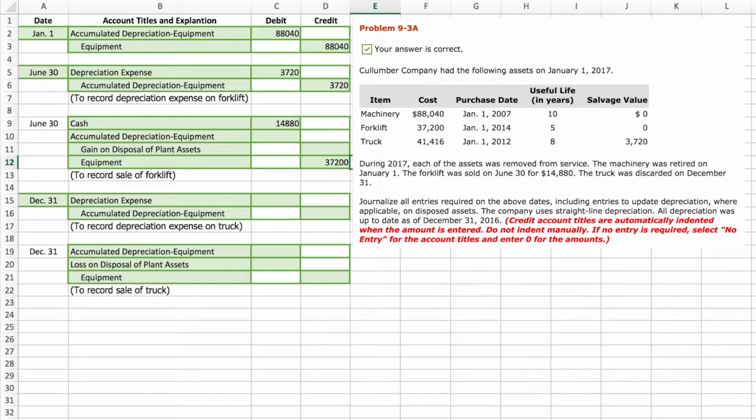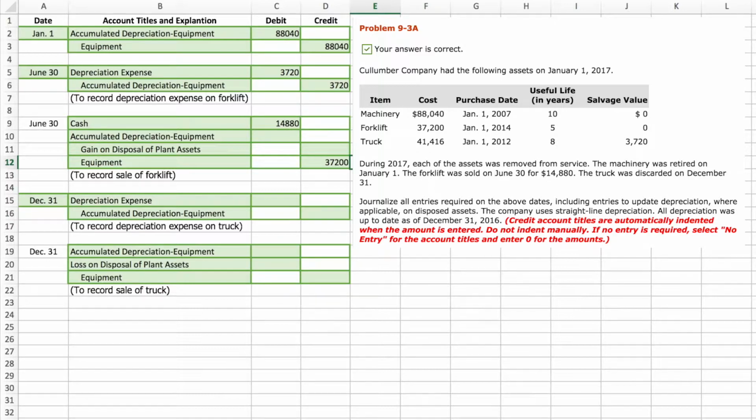Okay, so next we need to determine what the accumulated depreciation of the forklift is for the total time that we had it. So to do this, if you remember, we need to figure out what the annual cost of the forklift is, kind of like we did above. We need to take that number of $7,440, which we determined above,